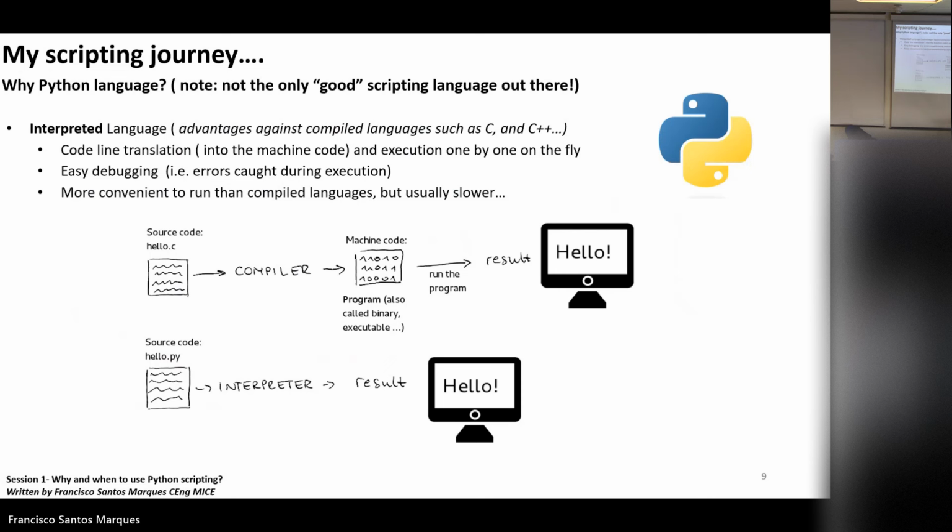Of course, not everything is just advantage, because as you can imagine, if you have a compiled language that translates everything into machine code and then runs the program, it's going to be faster. So if everything goes well, running that program is going to be much faster than with a language where you have to run every line one at a time, okay?